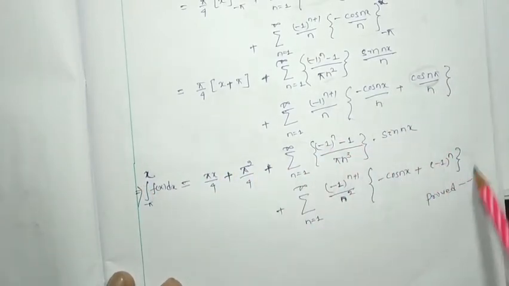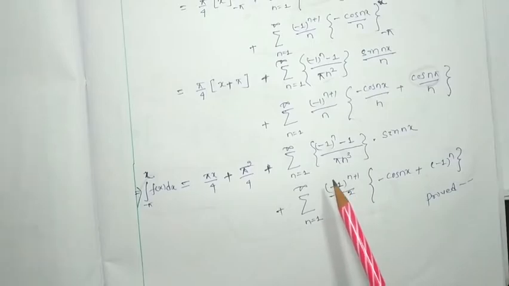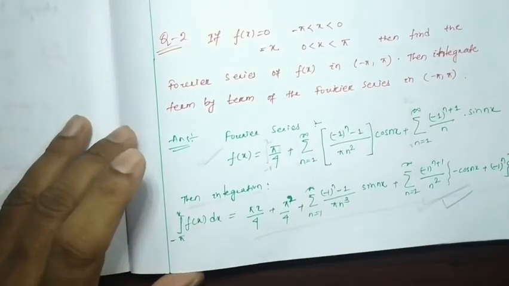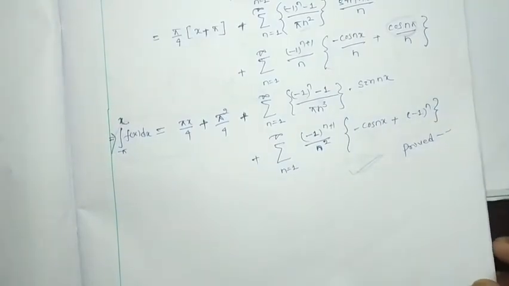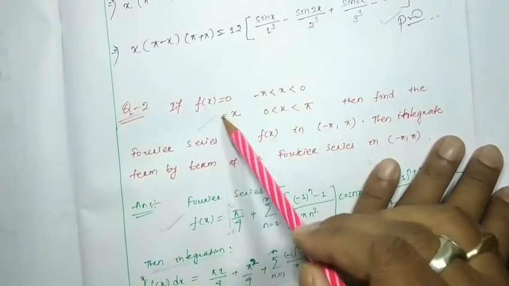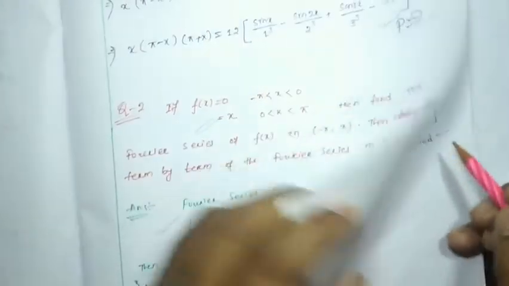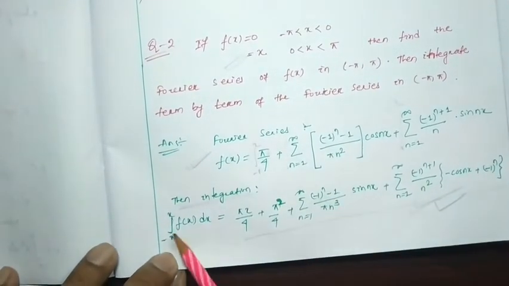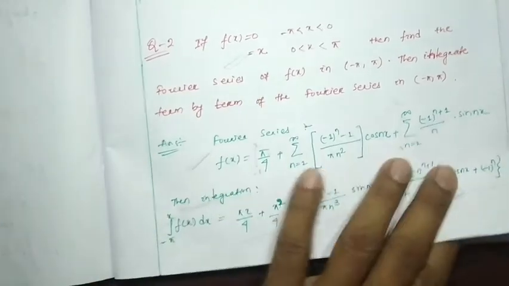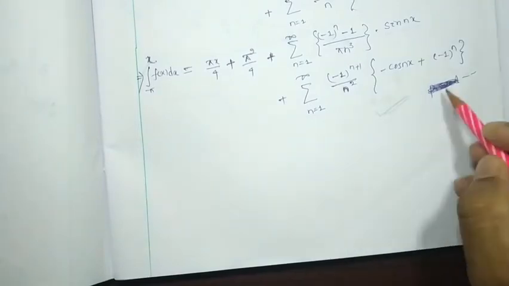So this is the answer I wrote initially when I gave the question to you. Okay, so this is the value, the integration value of the Fourier series of the function, this one. Actually it is not proved. Sometimes in the question it will be asked that you have to prove this one, then you have to write the proof. I wrote the answer, not the proof. This is the answer I wrote initially, this is not the proof. Sometimes in the question it will be asked that you have to prove this much, so at that time you have to write the proof.